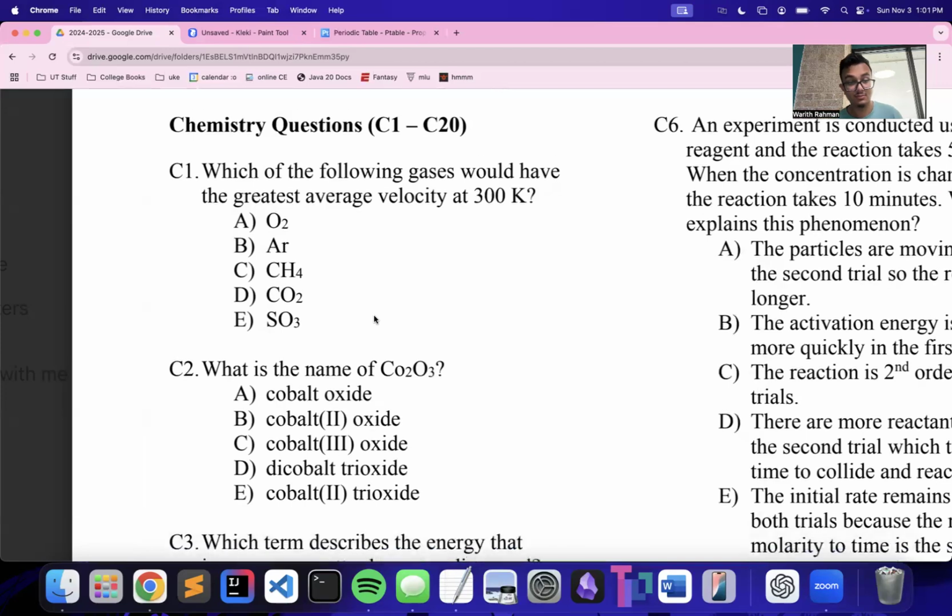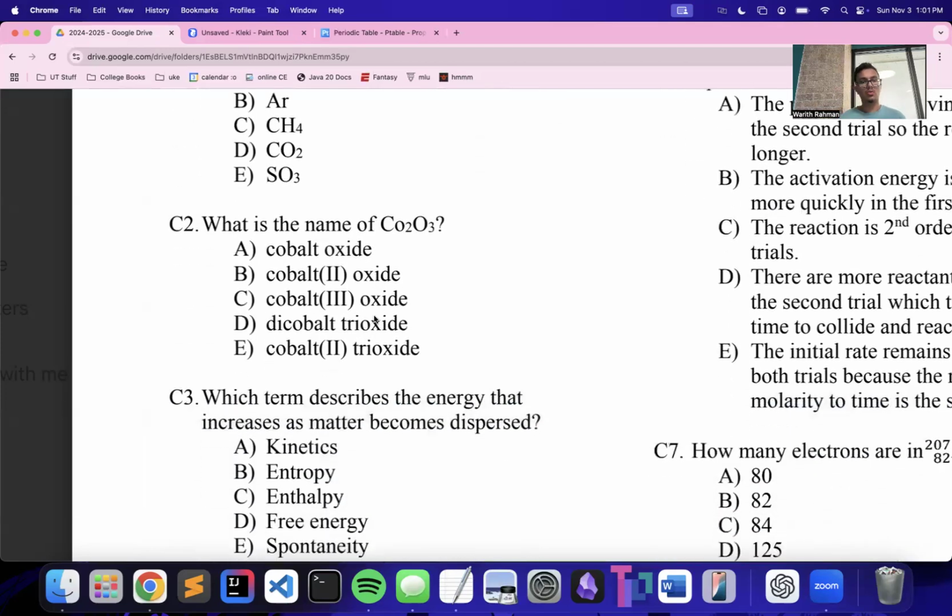So that's problem one. Okay, problem two. What is the name of Co2O3? Okay, so first of all, important thing is that we have to recognize that we're dealing with a metal and a non-metal. We're not dealing with two non-metals, and for very obvious reasons, we're not dealing with two metals. So in the case that we have two non-metals, we want to use prefixes to describe them. So